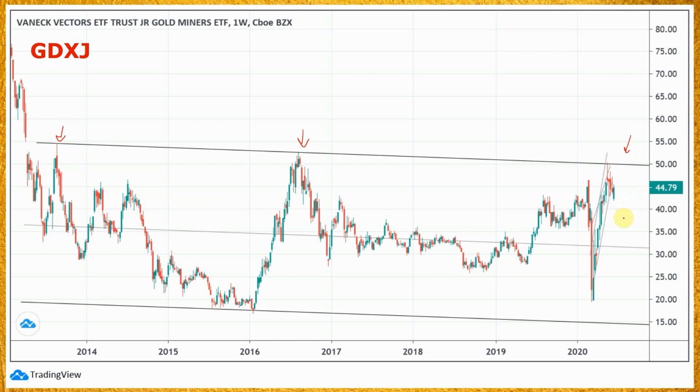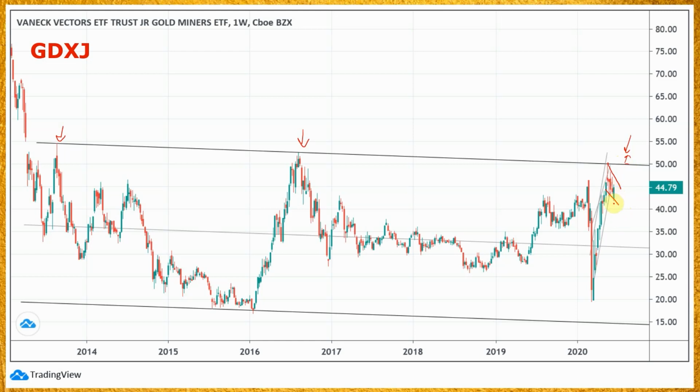Of course, we know that the GDXJ does lag the GDX. Usually the majors make the first move if it's in a bull market here. So although the GDX broke out above its long-term resistance line, the GDXJ did not. And we've got a couple of possibilities here. Again, this could be a flagpole and we're just forming a little bit of a flag, in which case we would want to see a breakout above this flag. But remember, we do still have resistance here. So we'd really want to see a breakout above 50 to be more confident that we're steaming ahead here.